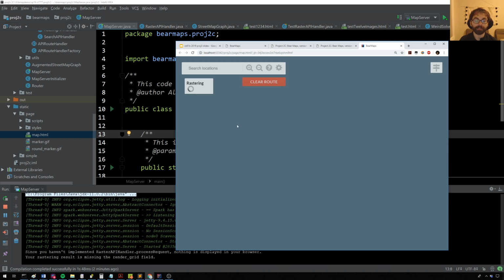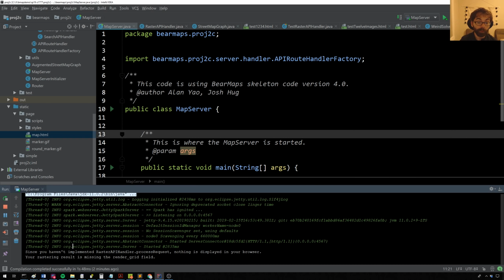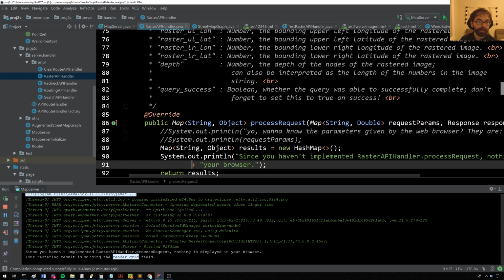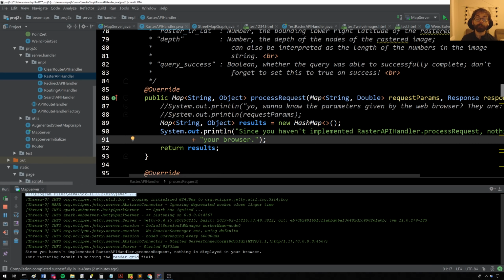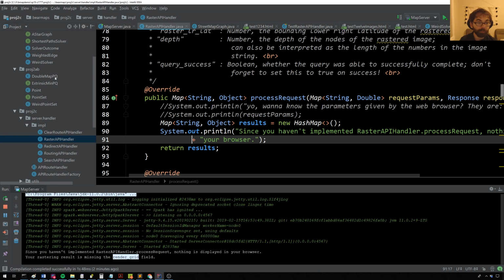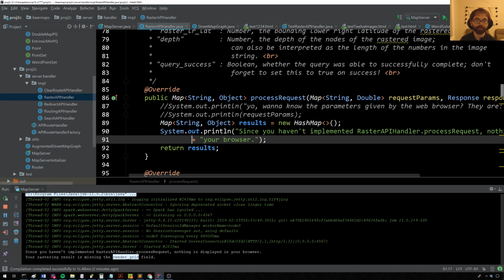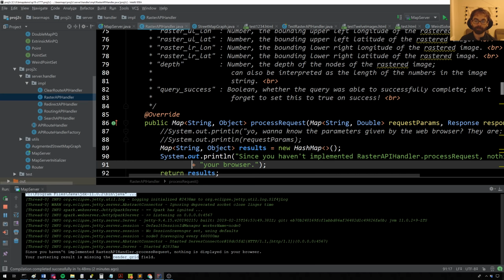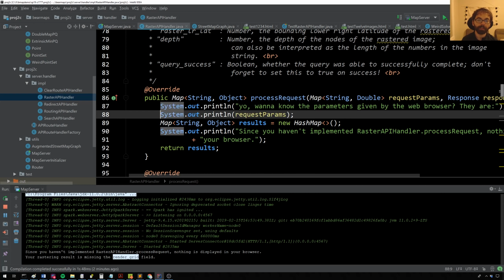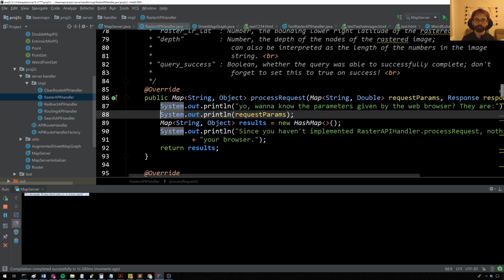Let's get a firmer sense of how your code is interacting with the web browser. What's happening is the web browser is sending a request to your code, and your code's not reacting properly. So let's go into RasterAPIHandler. And what this does is it handles requests from the web browser for image information. Now you don't need to know about how all this stuff works. Again, it's way more complicated than we expect you guys to understand. You just need to modify certain pieces of it. So if I go into the RasterAPIHandler and go to this processRequest method, if I uncomment these lines of code, and then I stop and restart my web server, now